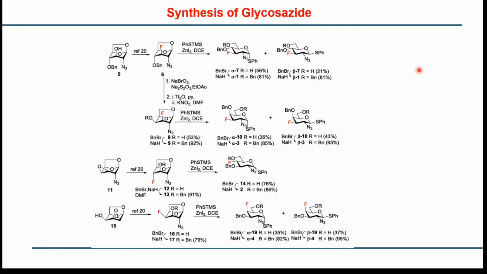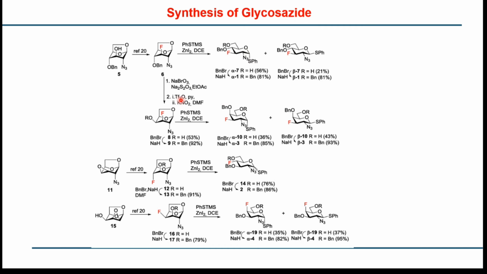So before coming to the reactions, they have prepared this donor by starting with this anhydro sugar 5. They have changed this hydroxy group to fluorine by reference 20, where they have maybe taken the protection with a triflate modification followed by DAST or some fluorinating agent. And then for the C3 galactose and glucose donor, they used phenyl trimethylsilyl sulfide and zinc iodide for opening of this acetal, followed by the thioglycosylation. It will lead to the thioglycoside.